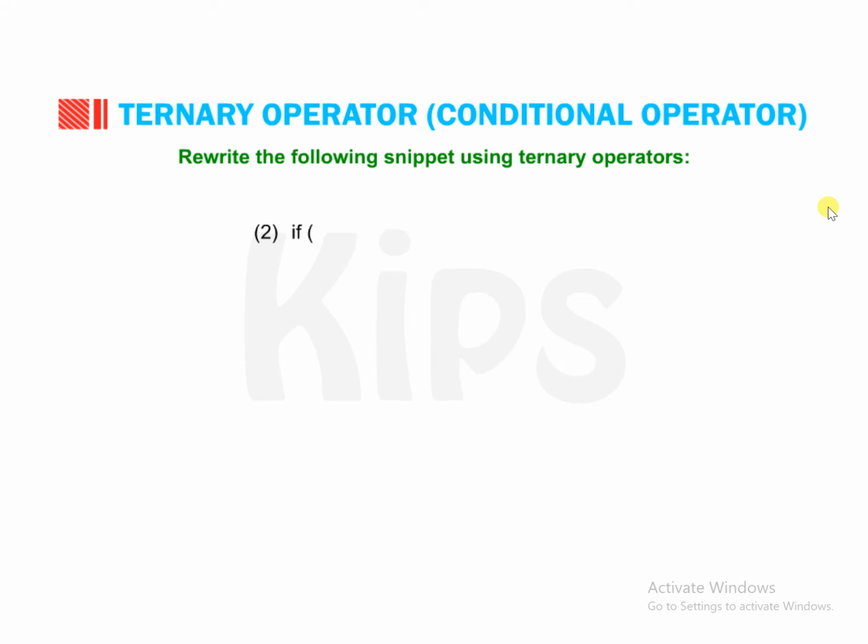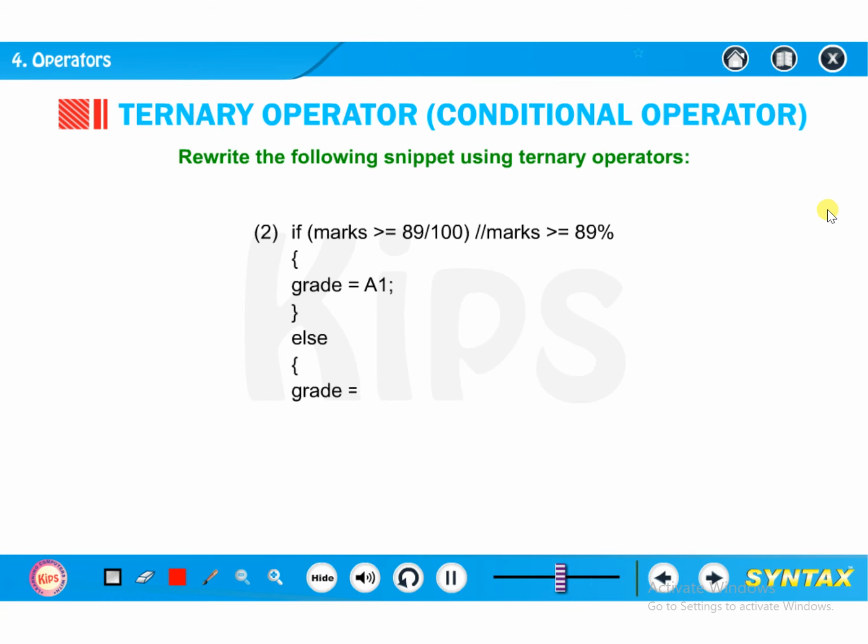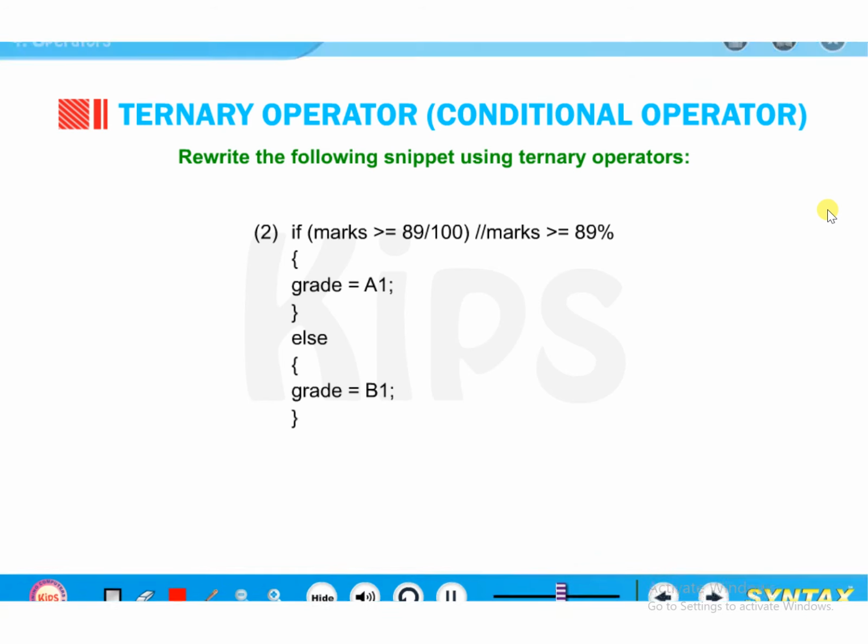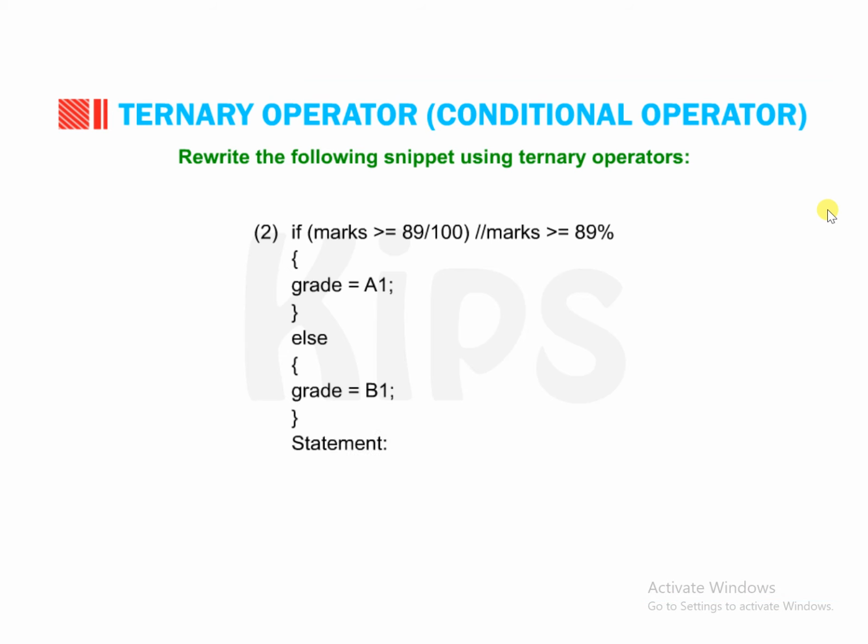Number 2. if (marks >= 89/100) { /* marks >= 89% */ grade = A1; } else { grade = B1; } Statement: grade = (marks >= 89/100) ? (A1) : (B1);